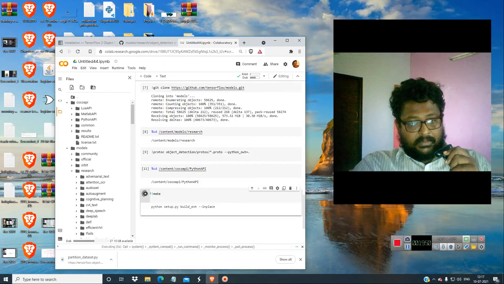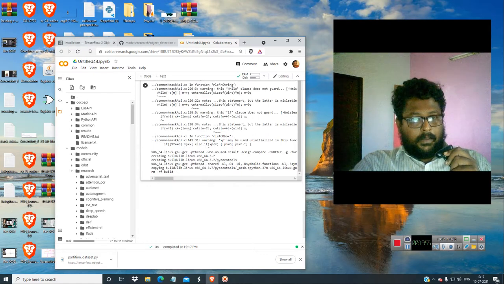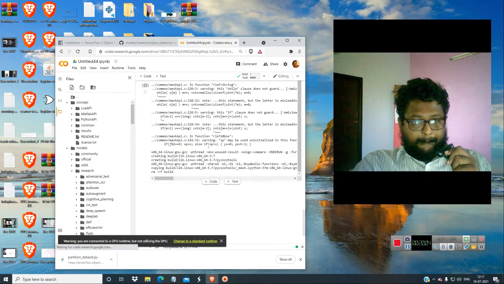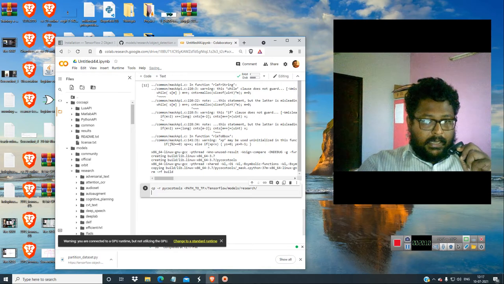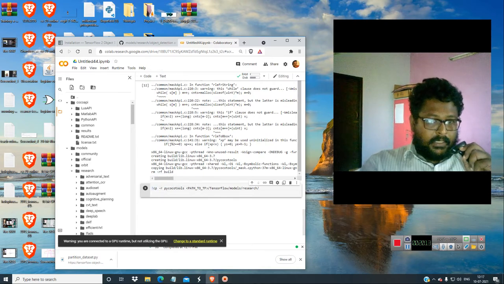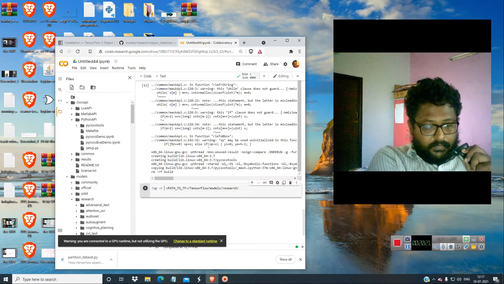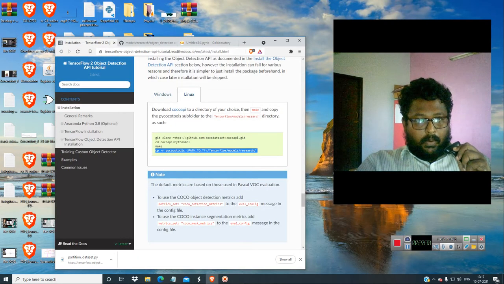Okay, that's it. Make is finished. So now you have to copy PyCoco-Tools to this research. So get over here and just paste it and just type this. So where is this PyCoco-Tools? Go to Python API, copy this path and then just paste it. So we have to copy this folder into the models research folder. Okay, I think I'm right. I'll just check it. So yes, we have to copy this into the models research folder.